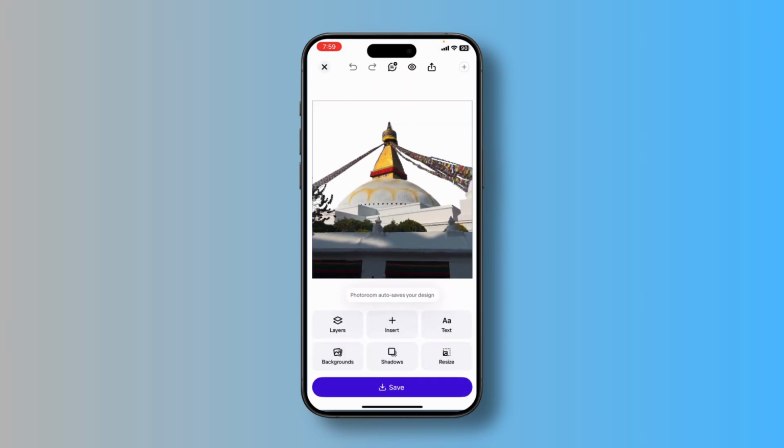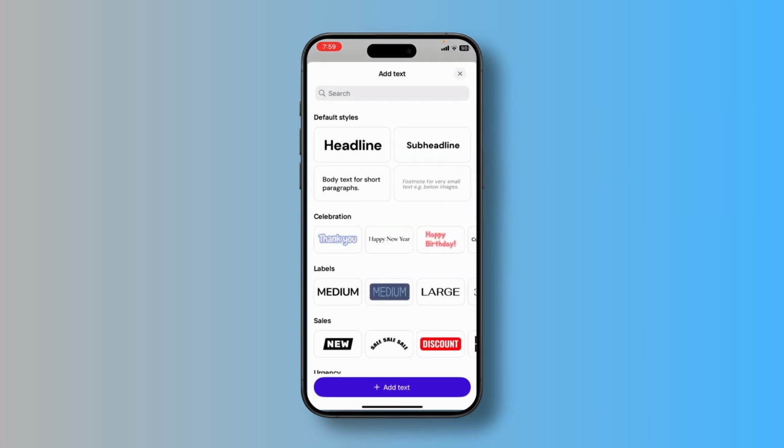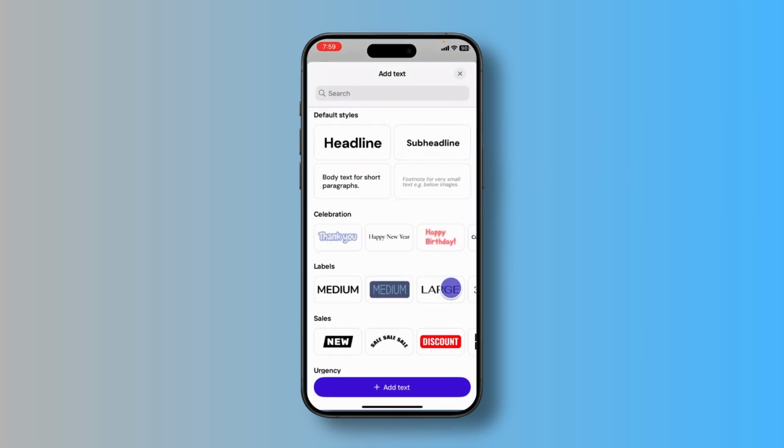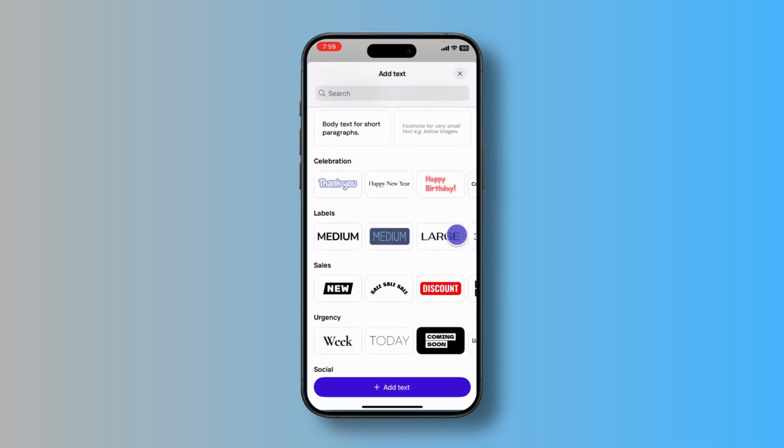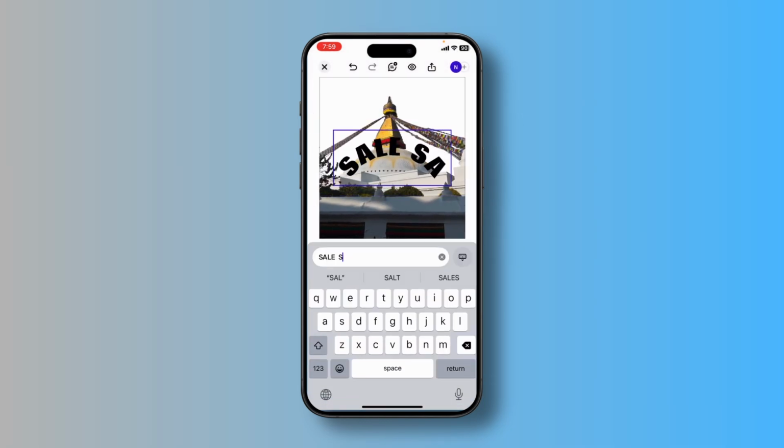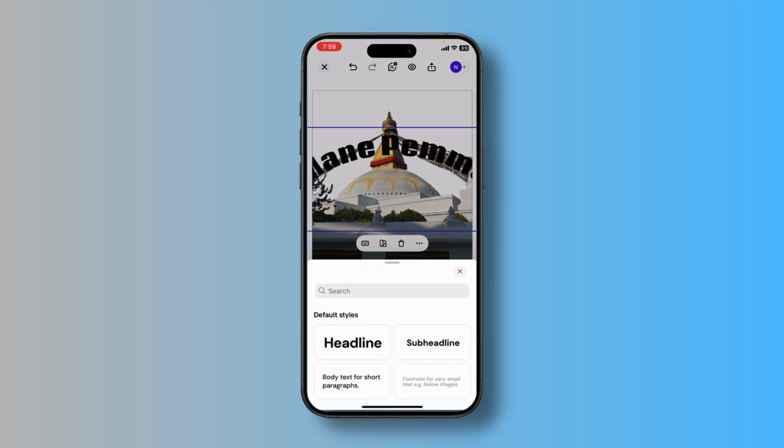This opens the editor. Now tap on the text in the toolbar. Here you will see ready-made styles like default styles, labels, sales and so on. You can just choose any style that you want. Then you can edit the text by typing your own words, as well as change the font style